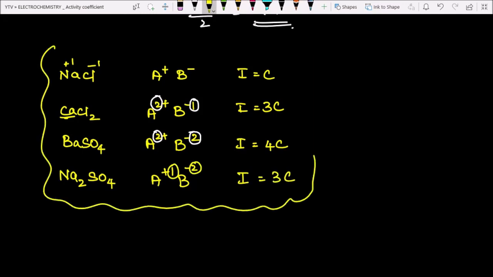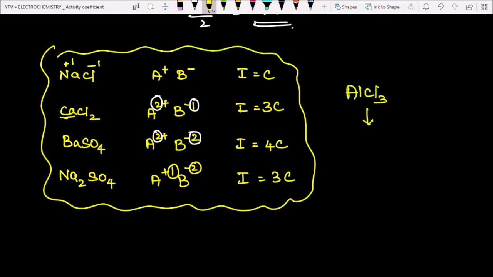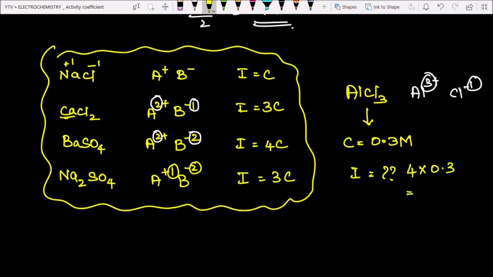In case it is a simple salt, you can find it out like this. Say for example, if you have AlCl3 and I say the concentration of AlCl3 is 0.3 molar, and I am asking you to find out the ionic strength. Simply, you can split and see. Al is 3 plus, Cl is minus 1. Add these two values, 3 plus 1 is equal to 4, right? So 4 into 0.3 is going to be 1.2. You can check also by substituting it in the formula, half into summation Ci Zi square. Even then you will get the same value. So it will save a lot of time.